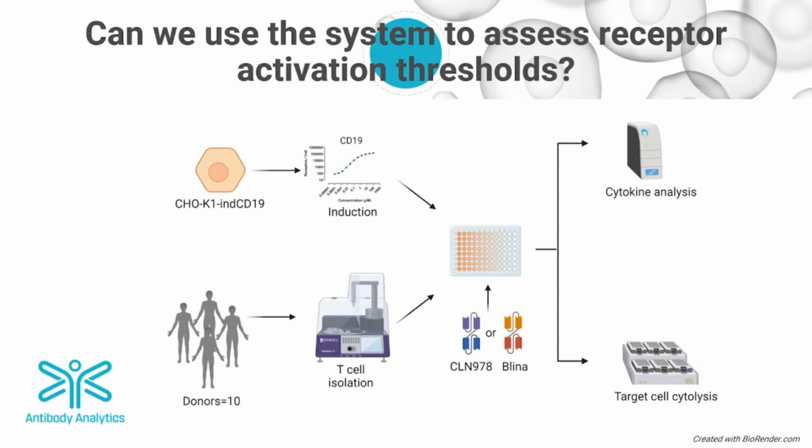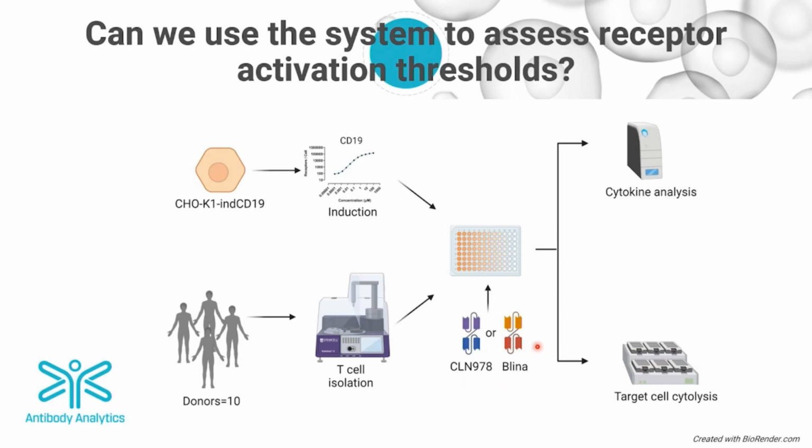So given that CLN-978 would be expected to have a low threshold of activation in terms of CD19 expression, can we use our IndEx-2 system to assess this? So the experiment we set up used the CHOK1 inducible CD19 cell line as the target cell line, and then we isolated T cells from a panel of 10 healthy donors and compared